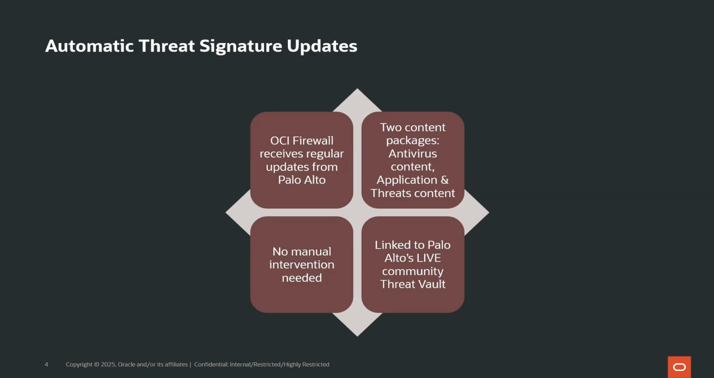Palo Alto provides a table of all possible signature categories by type: antivirus, spyware, and vulnerability. With the free Palo Alto Live community account, you have access to Palo Alto's threat vault. Each threat vault signature has an internal severity level and default action as defined in Palo Alto's threat vault. Every OCI network firewall includes predefined security profiles for protection, which are attached to either intrusion detection or prevention security